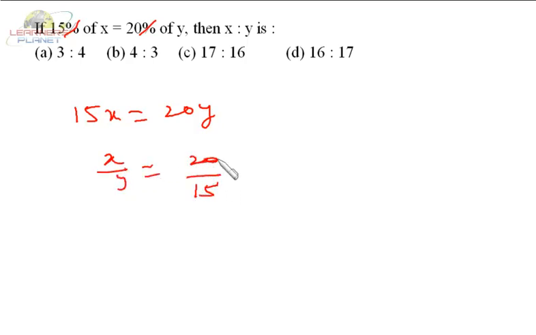Now in this problem, if 15% of x is equal to 20% of y, then find x is to y. Friends, the percentage sign is there on both sides, so we can cancel it. Percentage is actually nothing but divide by 100. So if we have 100 in the denominator on both sides, it will get cancelled. So 15x is equal to 20y. Finally, x by y is equal to 20 by 15. So it's 5 fours are 20, 5 threes are 15, so it's 4 is to 3, as simple as that. Okay friends,